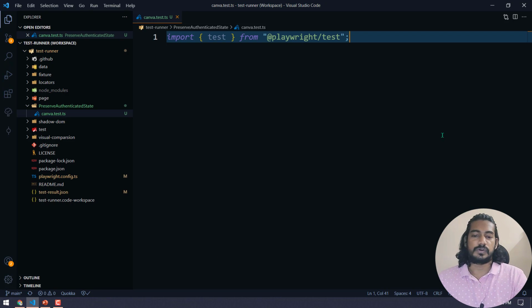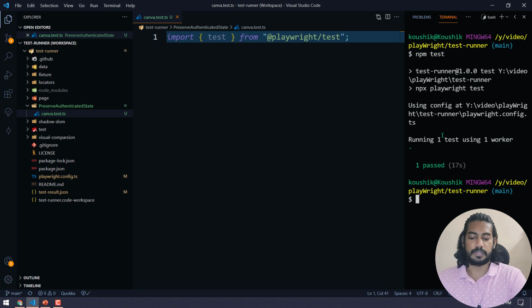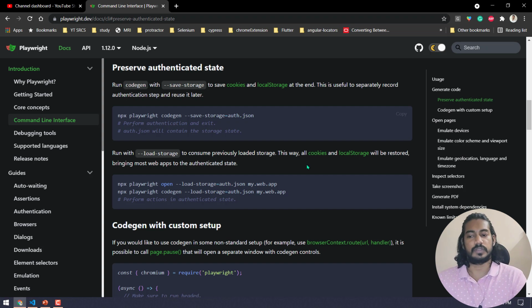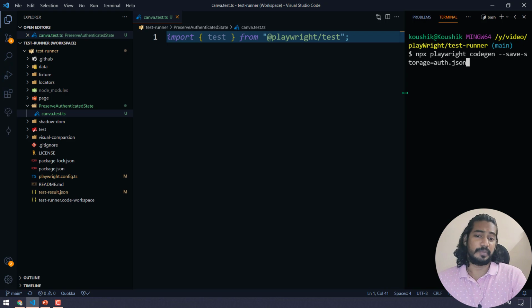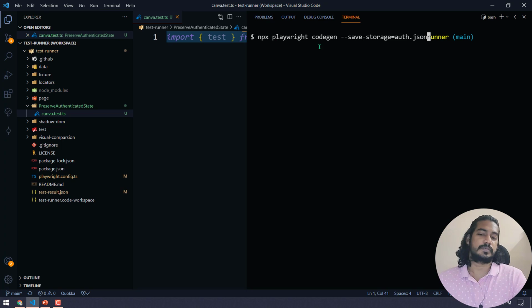So first of all, we'll go to our Control J, the command prompt, and then I can copy. So it's a very simple command. So npx playwright codegen, we already have discussed about the codegen. This is basically to generate the code. So it will open a browser, whatever the action we are going to do, it is going to record, right? So same thing only.